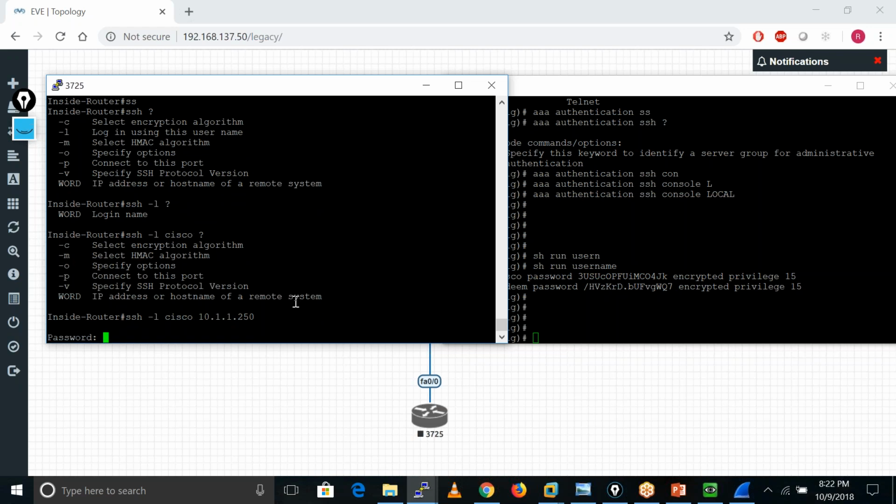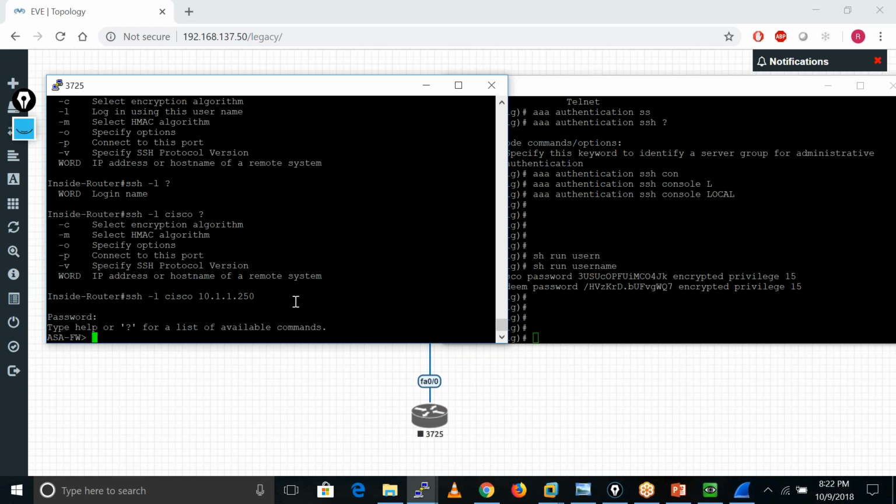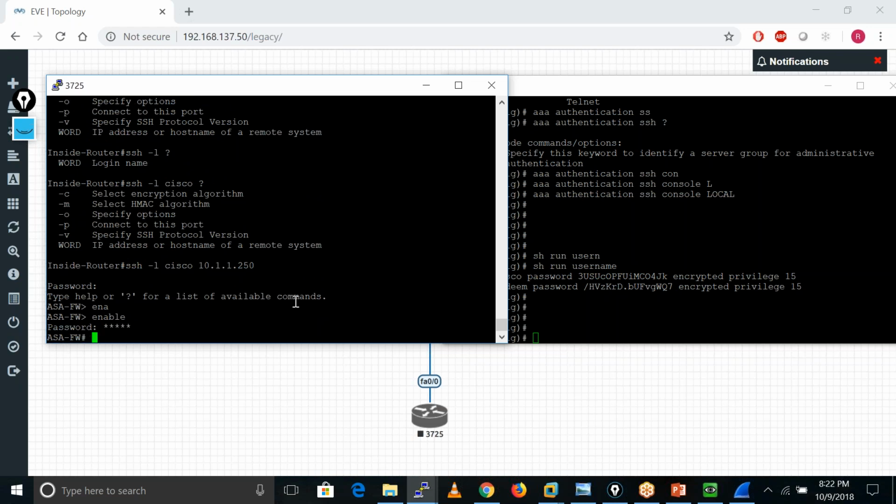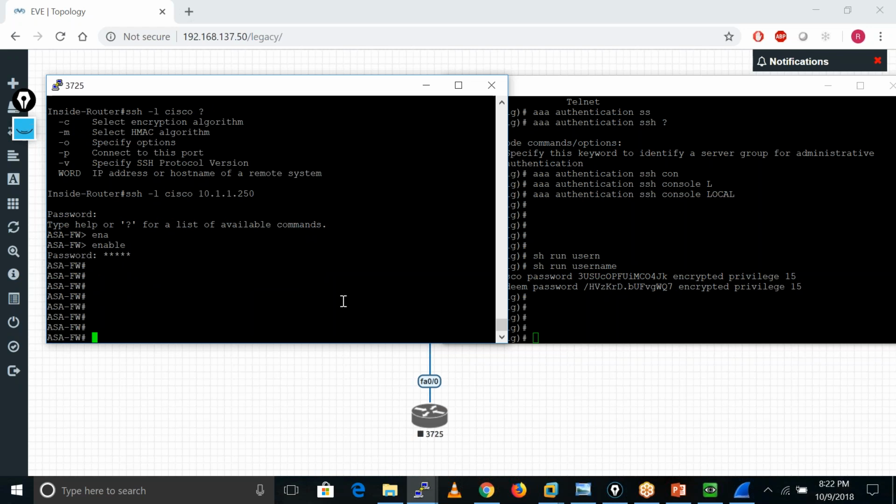Enter. Now I'll put my password here. Now I have got the SSH access of this firewall. So that is the way we can enable the Telnet service and the SSH service on the firewall.